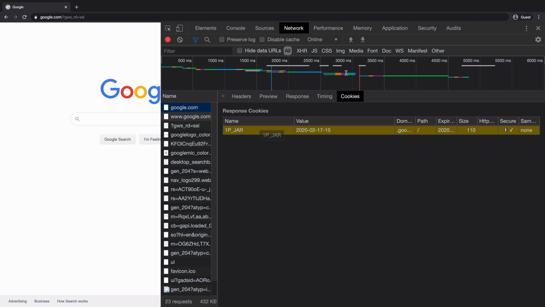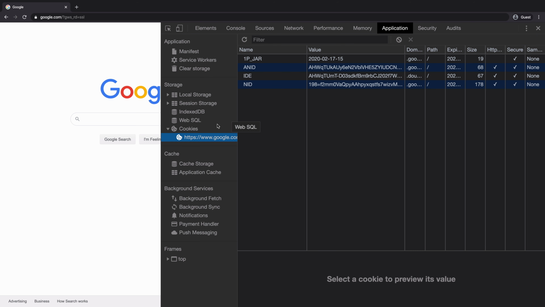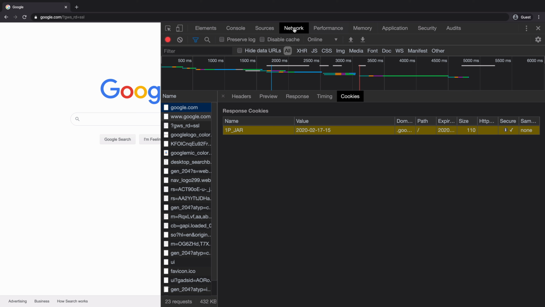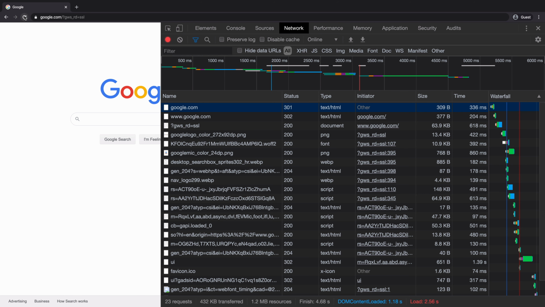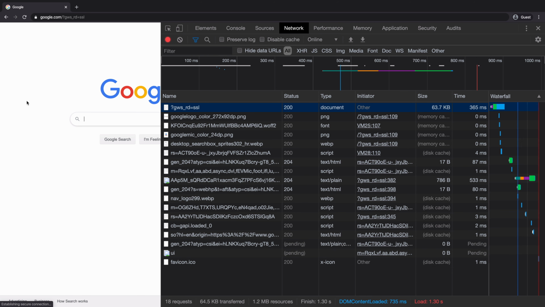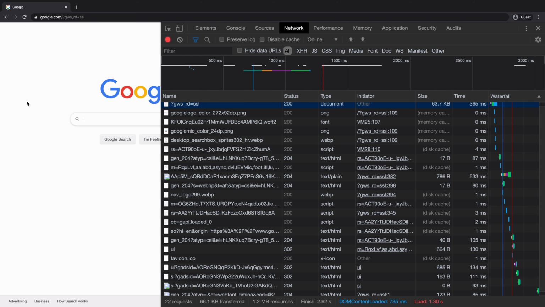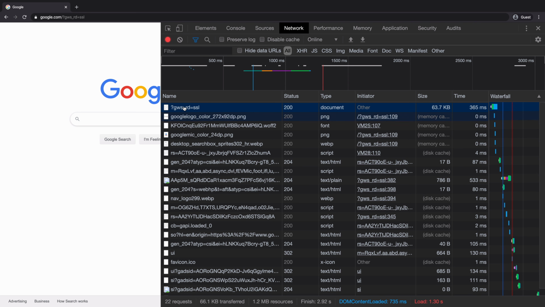to the server. We can look at the Application tab and confirm that the cookies are available in the cookie storage. It also seems that while loading resources, more cookies were sent by the server. Now, we will go back to the Network tab and refresh the page. Once the page is loaded, I will click on the first row which has 200 response status and the document